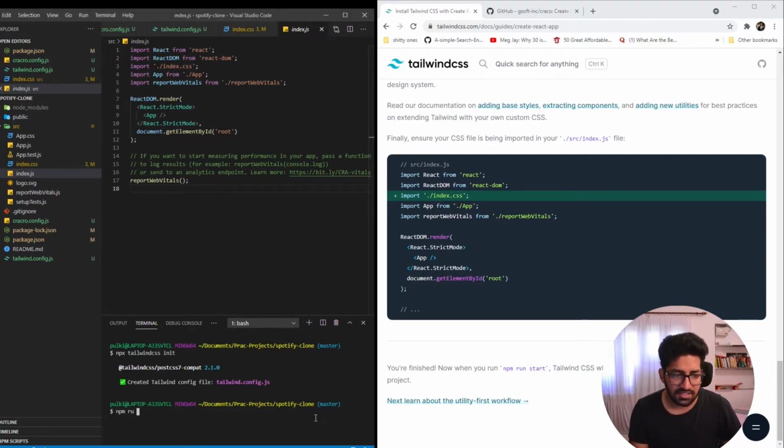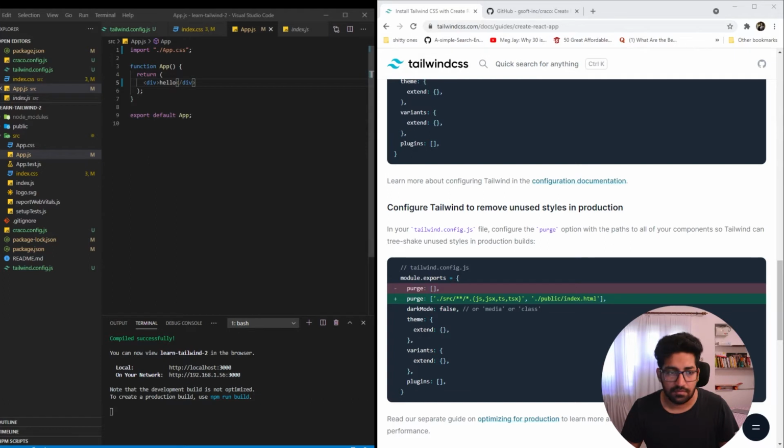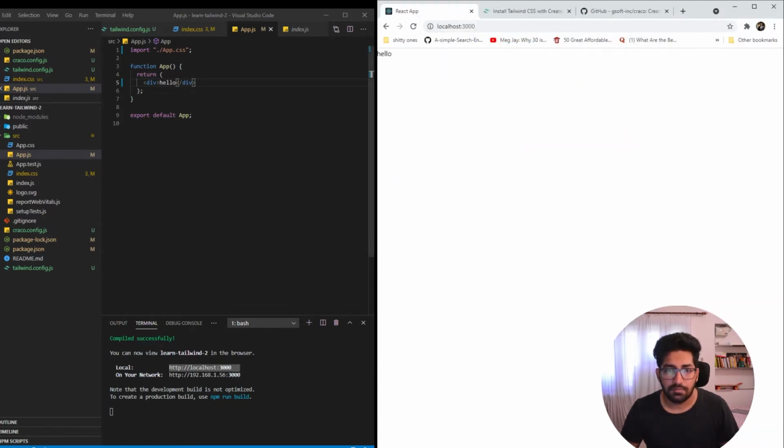This is the basic setup of the React app that we need to do before we begin using Tailwind. I'll just replace the App.js file contents with just a hello in a div. So we will just start the project and see if it works fine. So just open it and yep, it looks good. So hello is coming. Now to test if Tailwind actually works, we'll just make it Spotify clone,